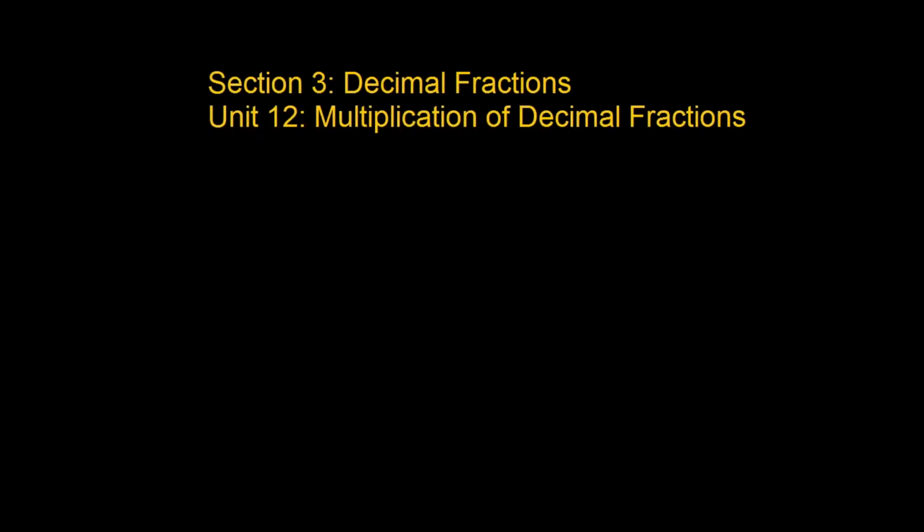In Unit 12 of our book, we'll be covering the multiplication of decimal fractions. The two main takeaways from this chapter I want to use is that multiplying decimal fractions uses the same technique as you would multiplying whole numbers. And as it has in here, it has an example, you want to count the decimal places. So here it has an example of